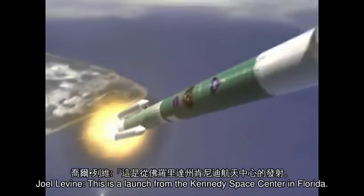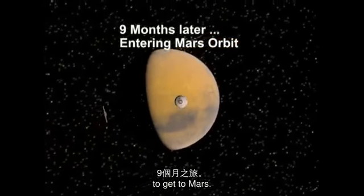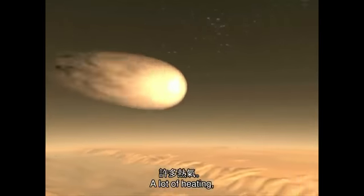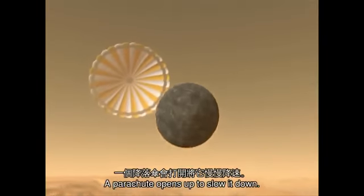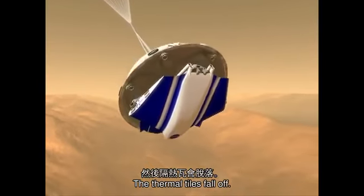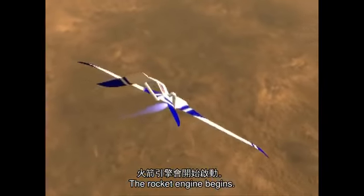This is a launch at the Kennedy Space Center in Florida. This is a spacecraft taking 9 months to get to Mars. It enters the atmosphere of Mars, a lot of frictional heating. It's going to be 18,000 miles an hour. A parachute opens up to slow it down. The thermal tiles fall off. The airplane is exposed to the atmosphere for the first time. It unfolds. The rocket engine